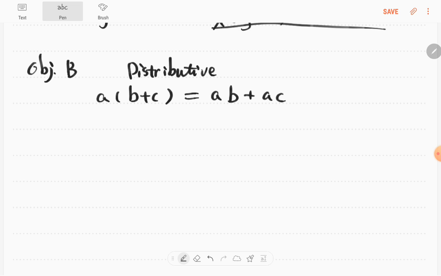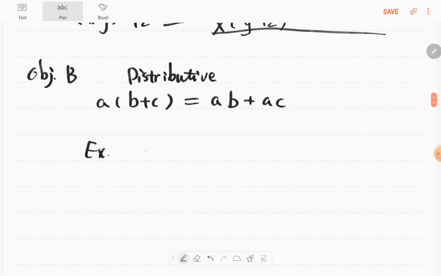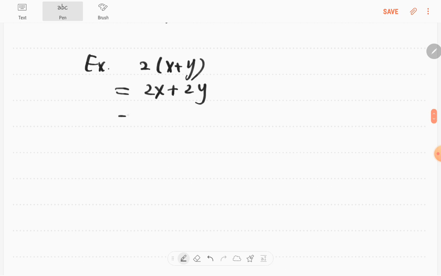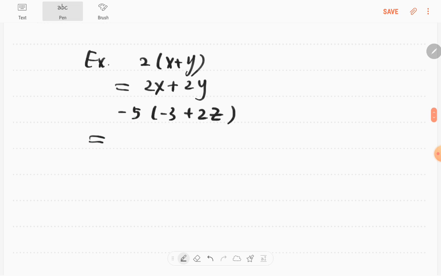Let's try to do some examples. So 2 times x first. Then if here is plus, I still keep plus. Then we do it again, 2 times y. Let's check this one. So the negative times the first number in the parentheses,